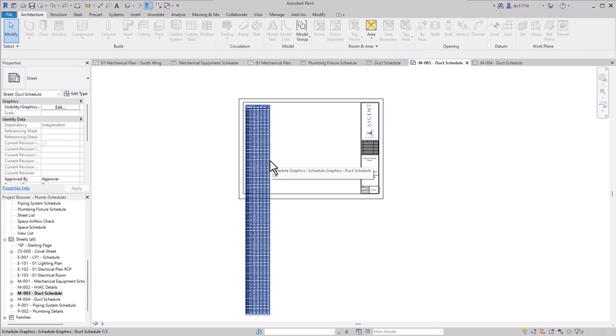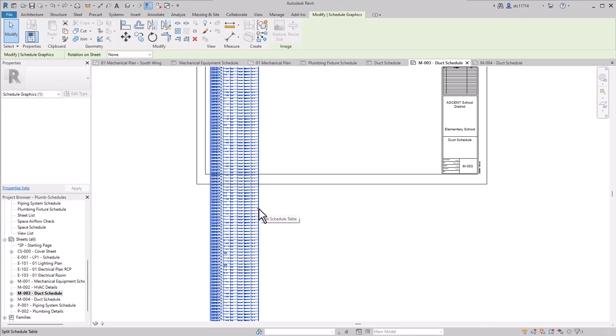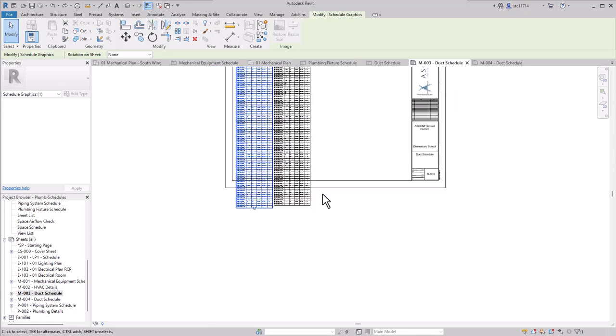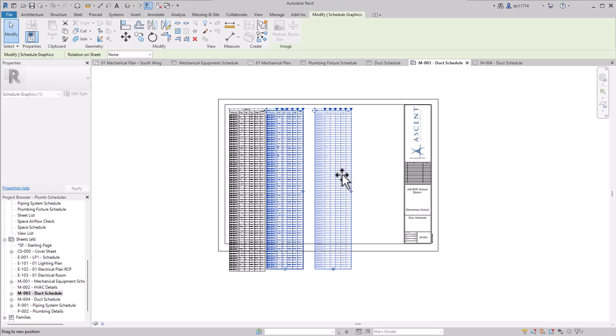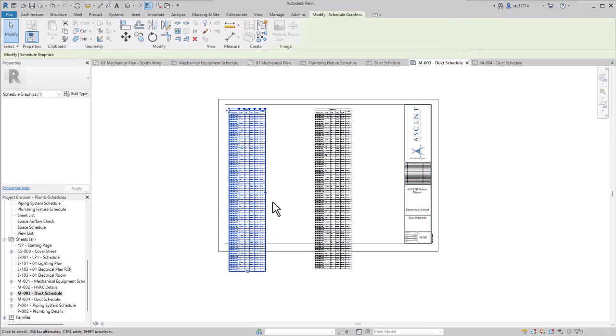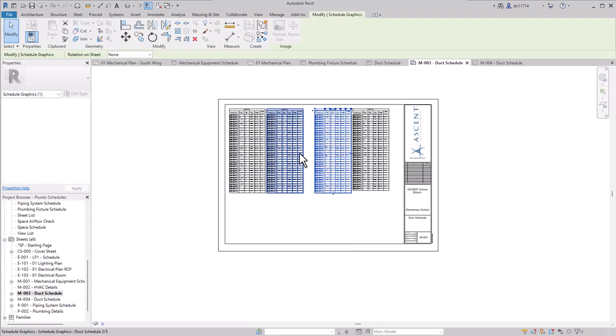I'll select the first set of the schedule here, and then I will use the split icon midway down on the right side here. That will split this into 2. It's still not fitting very well, so I'm going to go ahead and grab this second half and drag it over to the right to make some space here. Then on this first half, I'm going to split it again. I'll go ahead and take the second half of this one and split it as well. Then I can click and drag to move these as I wish to get them to be a little more evenly spaced.